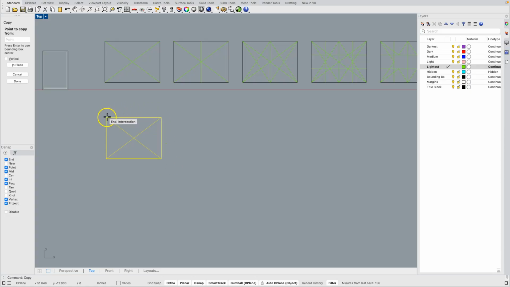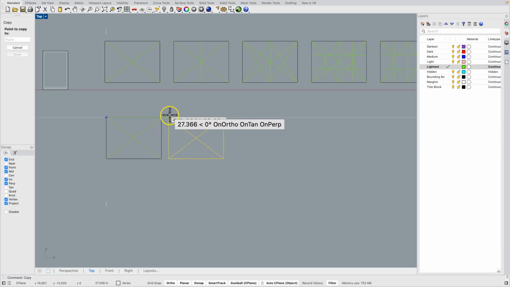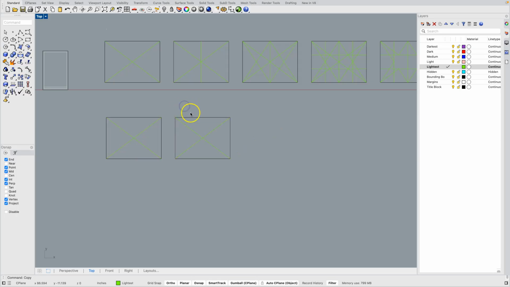So for the purposes of this exercise, I'm going to copy over line work. If I'm 24 inches, I'm just going to move this thing to 30 inches out. And now I have a 30-inch move over, so I've got a 6-inch space in